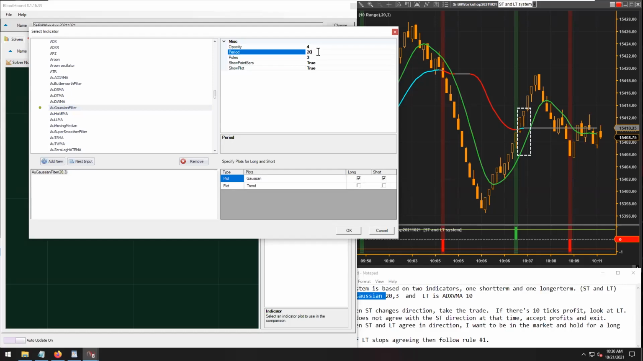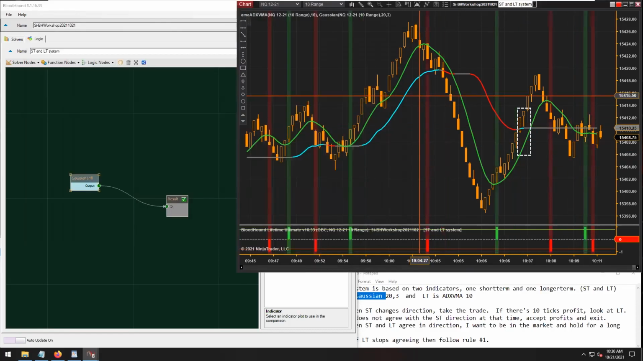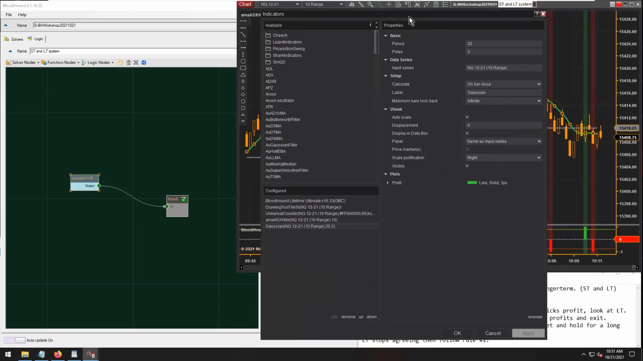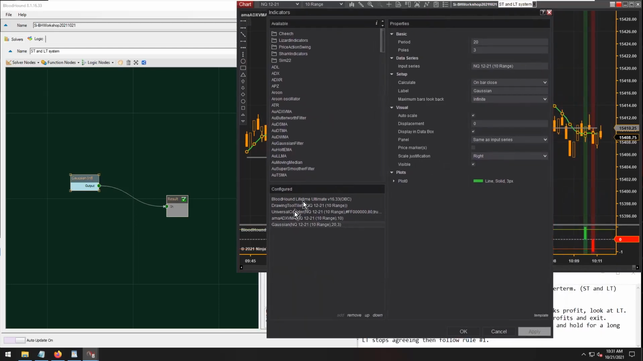Let's see here. So I'm using a 20 and 3 setting here. Just open up this Gaussian indicator. Yeah, I don't see any properties here for the show plot and show paint bars. You know, programmers do funny things sometimes. So, all right. So I'm not positive that the AU indicator is the same as this Gaussian indicator that I